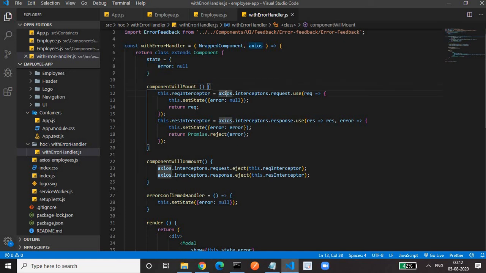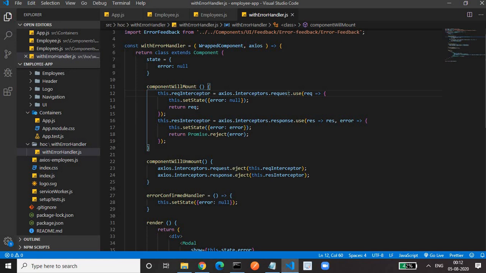We can add the interceptor this way: axios.interceptors.request. The interceptor is used for the request. An interceptor is like a middleware. Whenever any request goes from the browser to the server, it goes through the interceptor. In the interceptor we can add the token to the request, we can change the header, and do any manipulation to the request. Then it will hit the server.